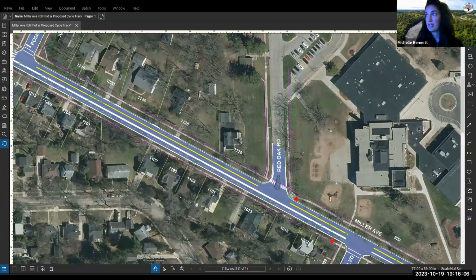Are there any plans to bury conduit for getting power lines underground? No. Okay. How do you plan on plowing the snow in the cycle tracks? The city has obtained the equipment that's needed to be able to maintain the cycle tracks. We've built up enough of the infrastructure with the protected bike facilities to have specialized equipment to do that. Okay.